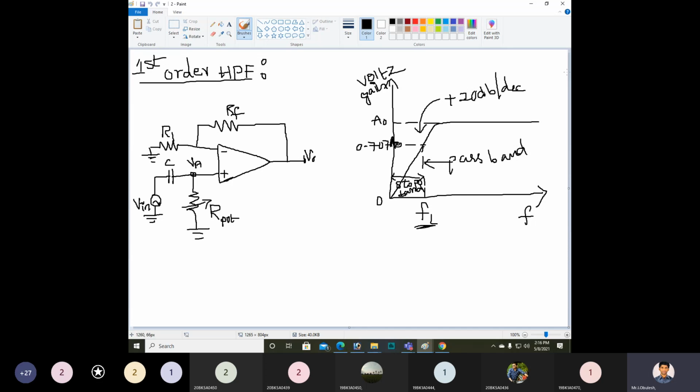So this frequency response diagram states that it stops the low frequency signals. The stop band indicates that it stops up to FL. After FL, it allows the signals. Because of that, this is the pass band region. Is it clear? The signals with frequency greater than FL are able to enter the pass band region, which is allowed through this first order high pass filter circuit.